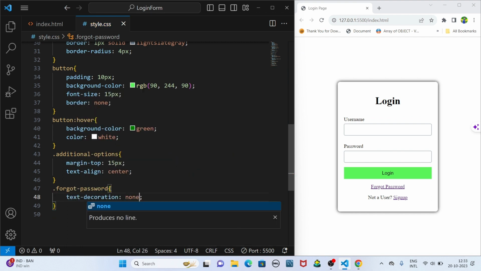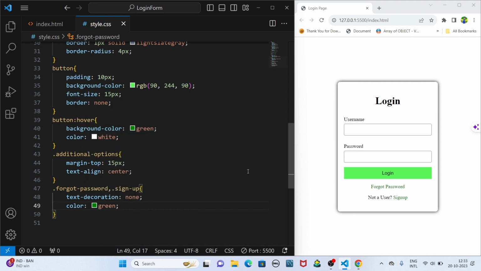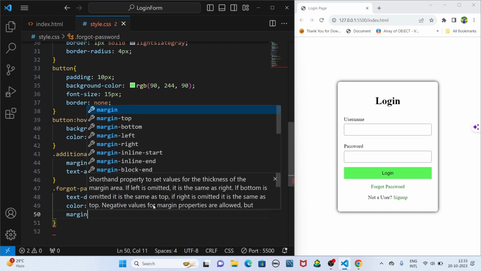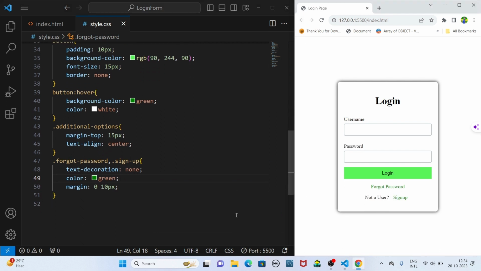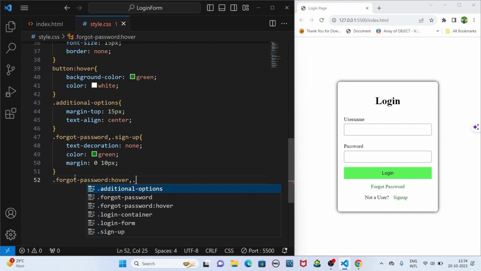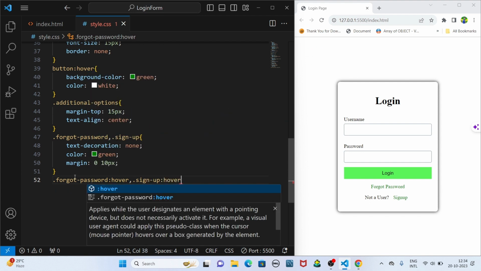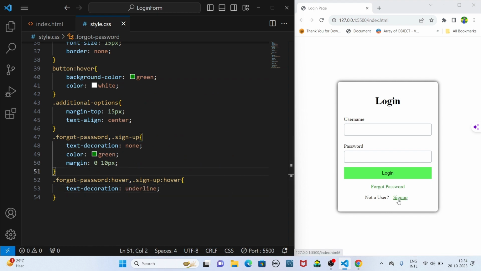text decoration none. Yeah, it's also similar, right? For that also, come on, sign up. Yeah, for this one also it's gone. I will make color green. It's become green, and also I will give margin 0 10 px. Yeah, now it's more attractive. It's come this side, and also whenever I hover over this forgot password and sign up, underline has to display below this one. For that, dot forgot password hover, and also I use sign up hover, text decoration, right? Text decoration is underline. Now see. Yeah,